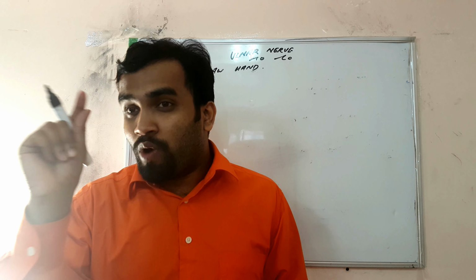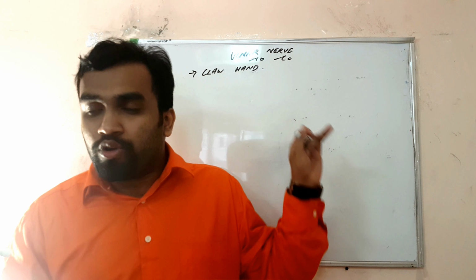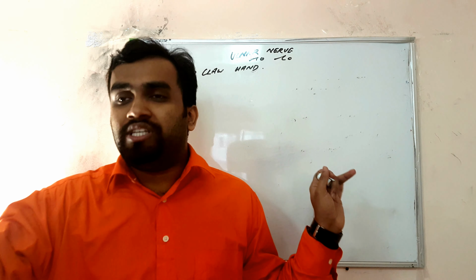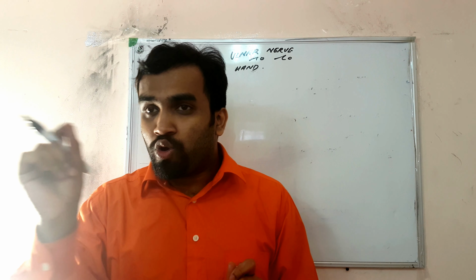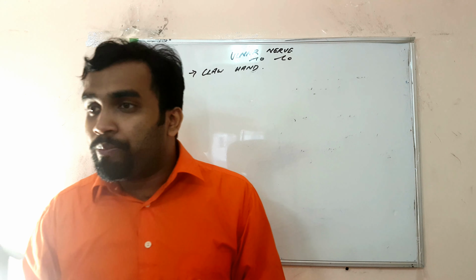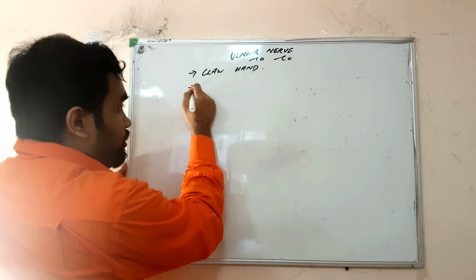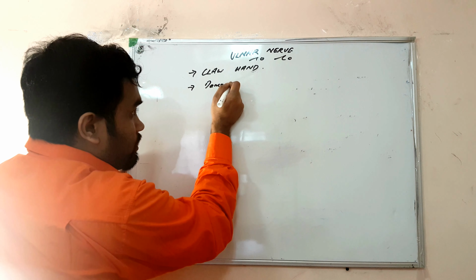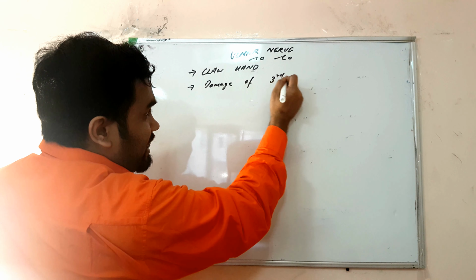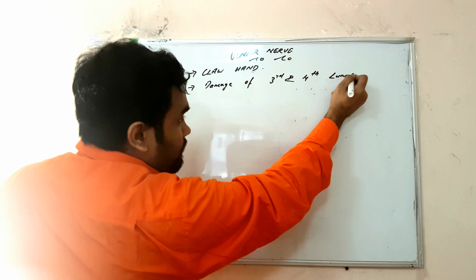Claw hand. You know, all the hypothenar muscles are supplied by what? Ulnar nerve, and one muscle from the thenar compartment, that is what? Adductor pollicis. Okay, so any damage here can cause damage to these muscles. As well as the writing muscles, right? Lumbricals. Among lumbricals, the third and fourth lumbricals are supplied again by the ulnar nerve. Now this claw hand is due to injury to the third and fourth lumbricals. Okay. Now third and fourth lumbricals will be damaged because the ulnar nerve is supplying them.